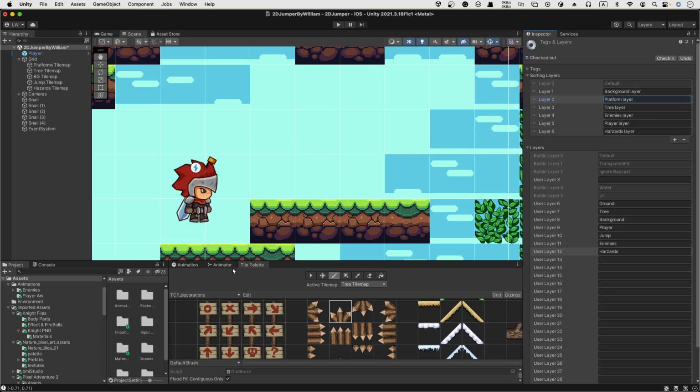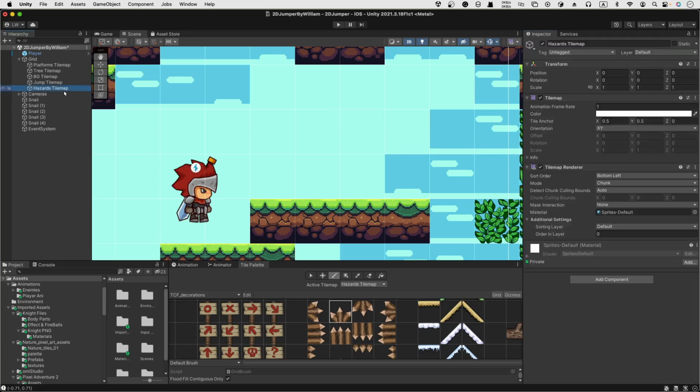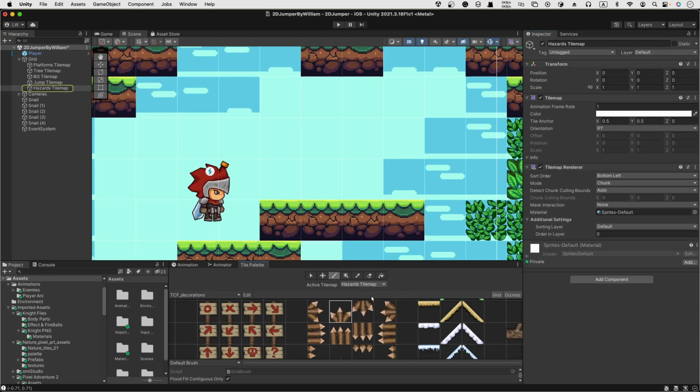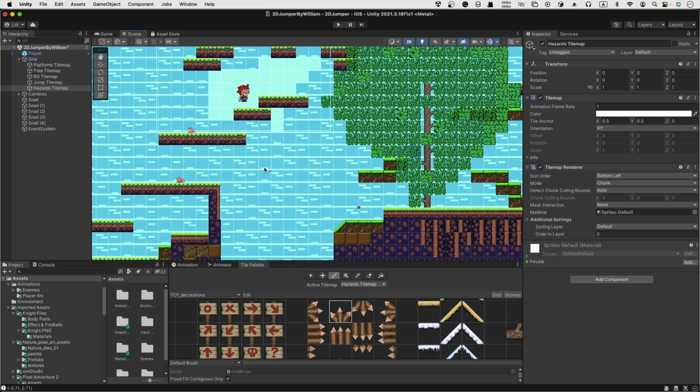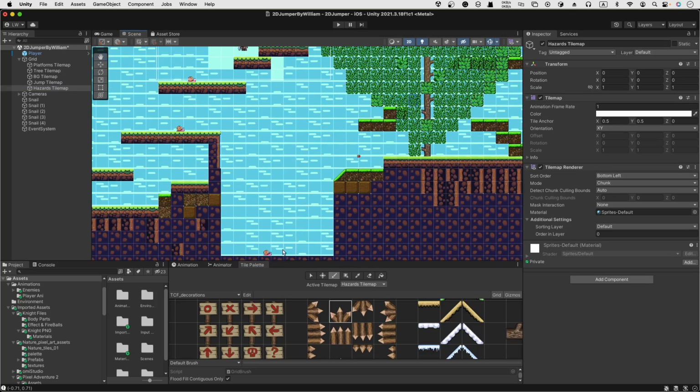Okay, so if you want to paint on this specific tile map, you can just choose the active tile map to be the hazards tile map, and then you can add this to it. So let me see, maybe this part, you can't fall to it. Yeah, I think if you click it and nothing happens, then that's because the sorting layer is not good enough. So I'm going to say this hazard layer. Okay,